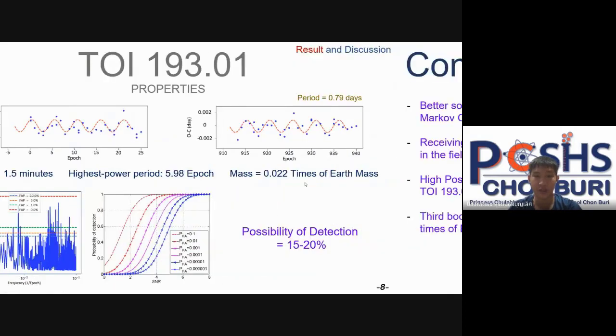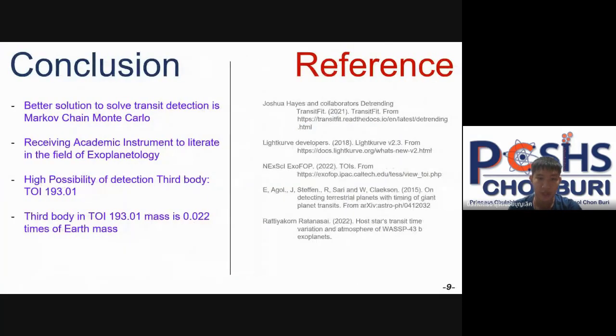And in conclusion, we can conclude that Markov chain multicolor is more appropriate to use for the transit graph than the least square method, and transit fit has high quality and can be compared to the NASA pipeline class. And lastly, the third body in TOI 193.01 has mass approximately 0.022 times of Earth mass and has a 15 to 20% chance to